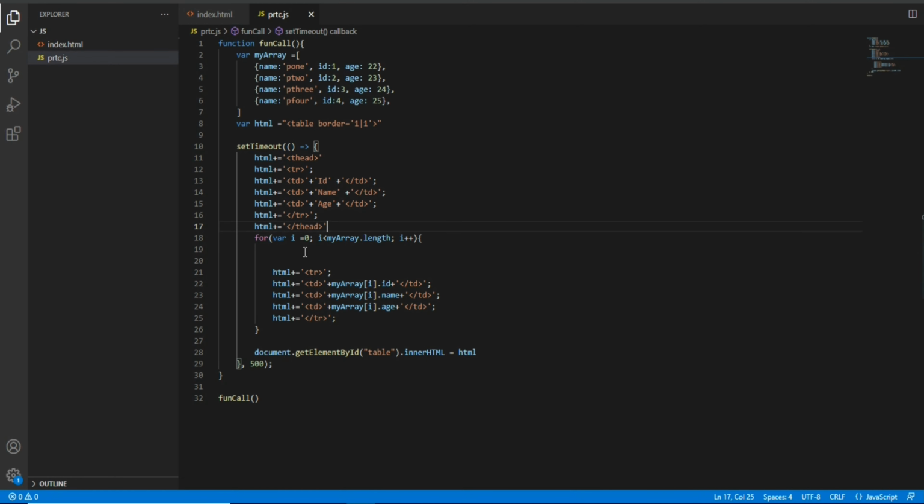Remember one thing: we should not give this inside the for loop, because if we do, it will repeat.